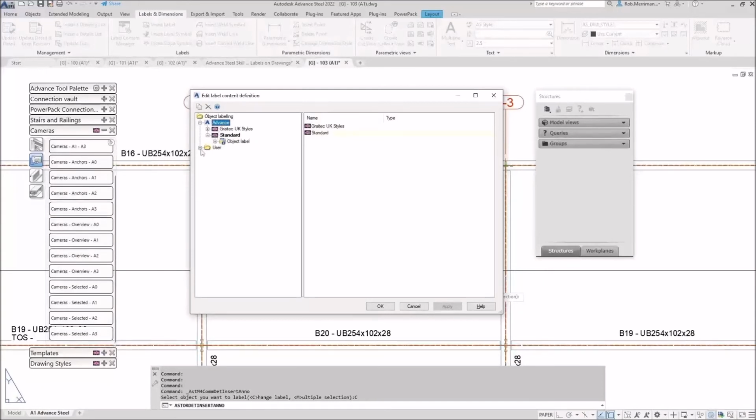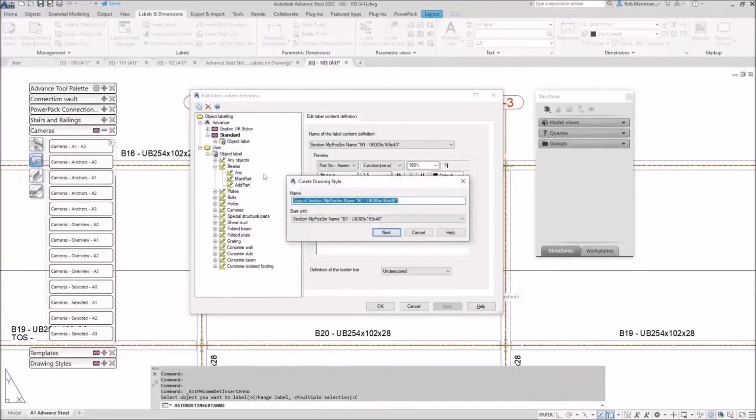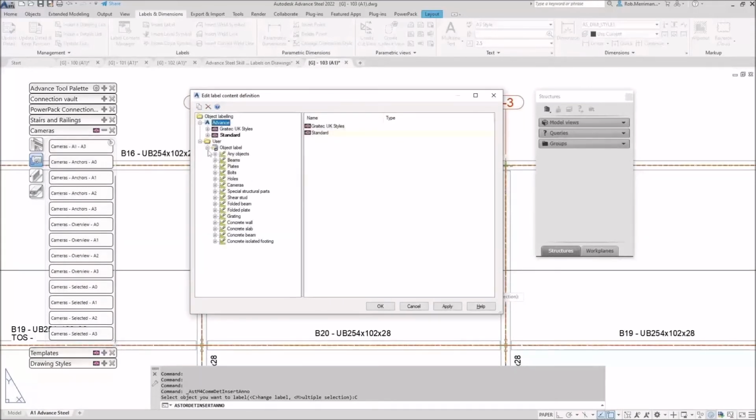Now we have the advanced bit, or we have the user bit, so I'm just going to expand the user bit. And if I look at beams, and I can expand that, it says, right, if you find the main part, this is where the system, for a main part beam, puts the assembly number and the part name. Now, what I can look to do is copy this, and I could call this, so we wanted top of steel all the time, we could call it part number name TOS for top of steel. Now this bit over here is just giving us an example, so we could just put in TOS plus 35.00. Click OK. You want to do a copy, and then we'll see when we go back to beams,